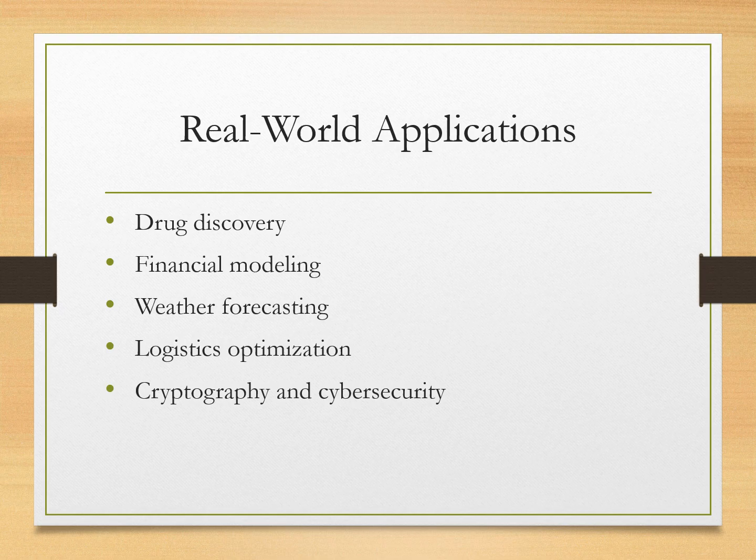Drug discovery along with DNA analysis; in finance, portfolio optimization and fraud detection; in weather forecasting, getting appropriate forecasting results; in transportation, route optimization; and in cybersecurity, as we discussed earlier, quantum key distribution, which provides very secure